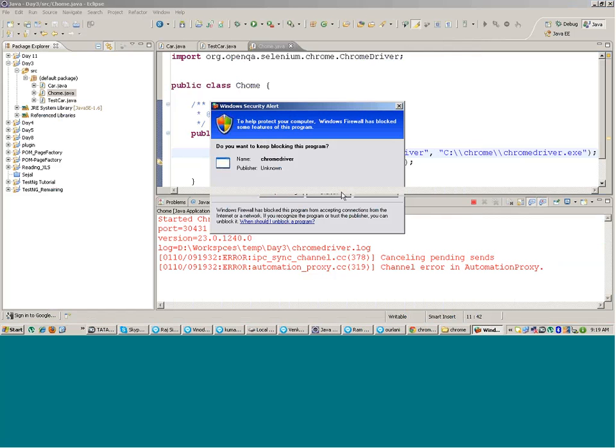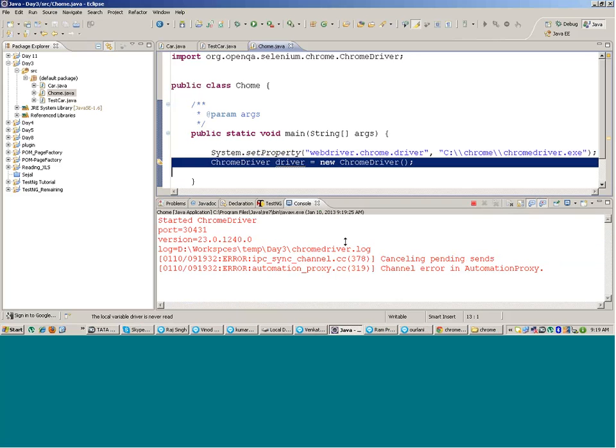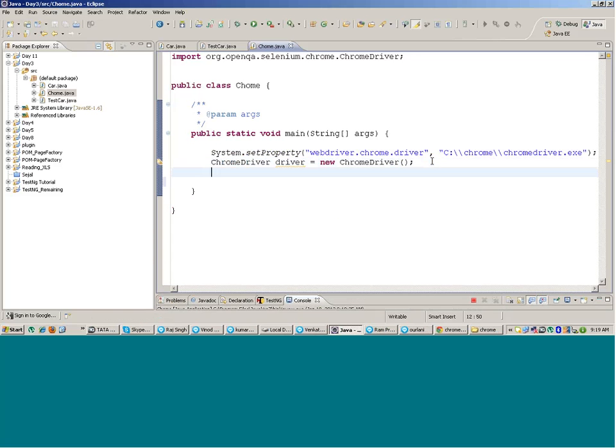Okay, now similarly, if I have to work with Firefox, I need to create the object of FirefoxDriver, right? I need to write over here FirefoxDriver dr equals new FirefoxDriver. But the question which arises out here is that